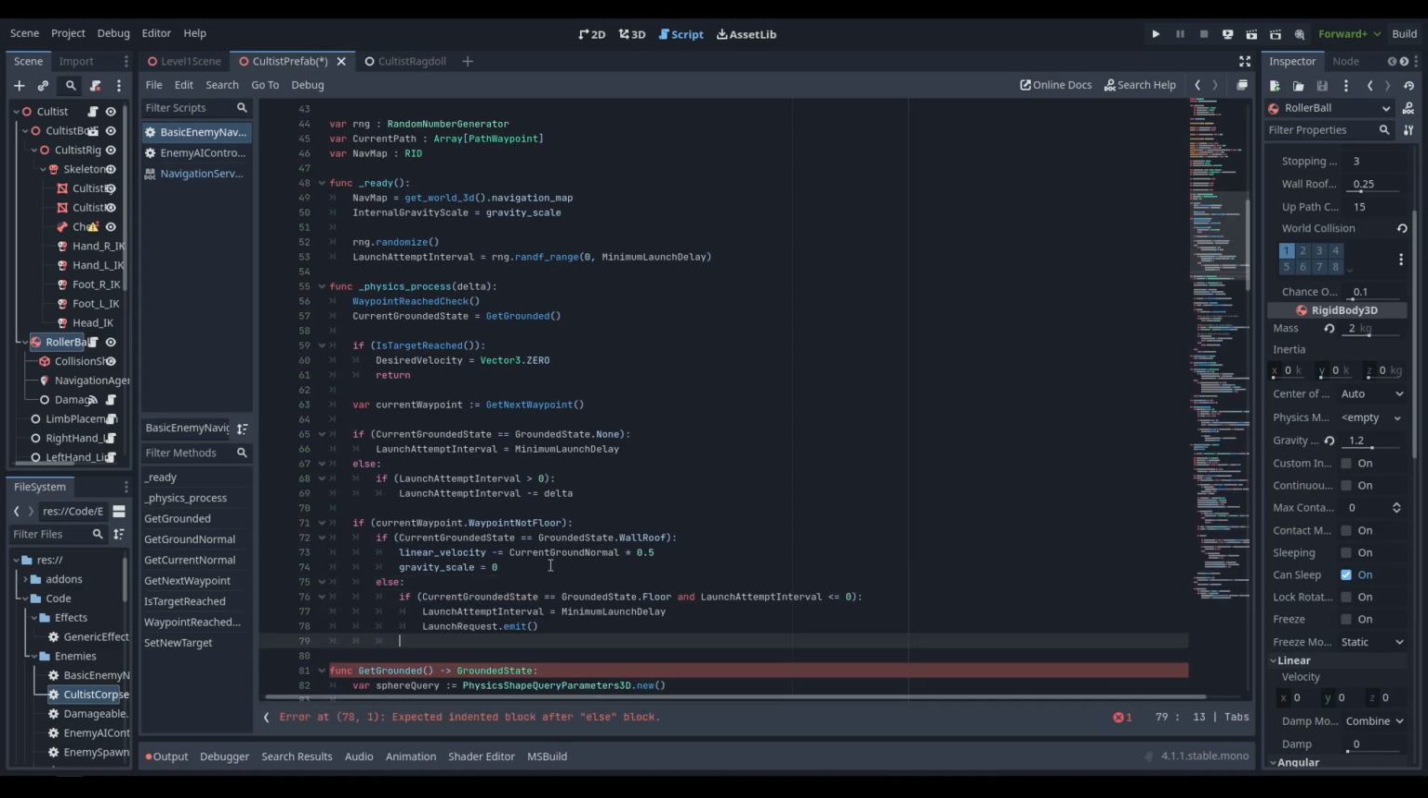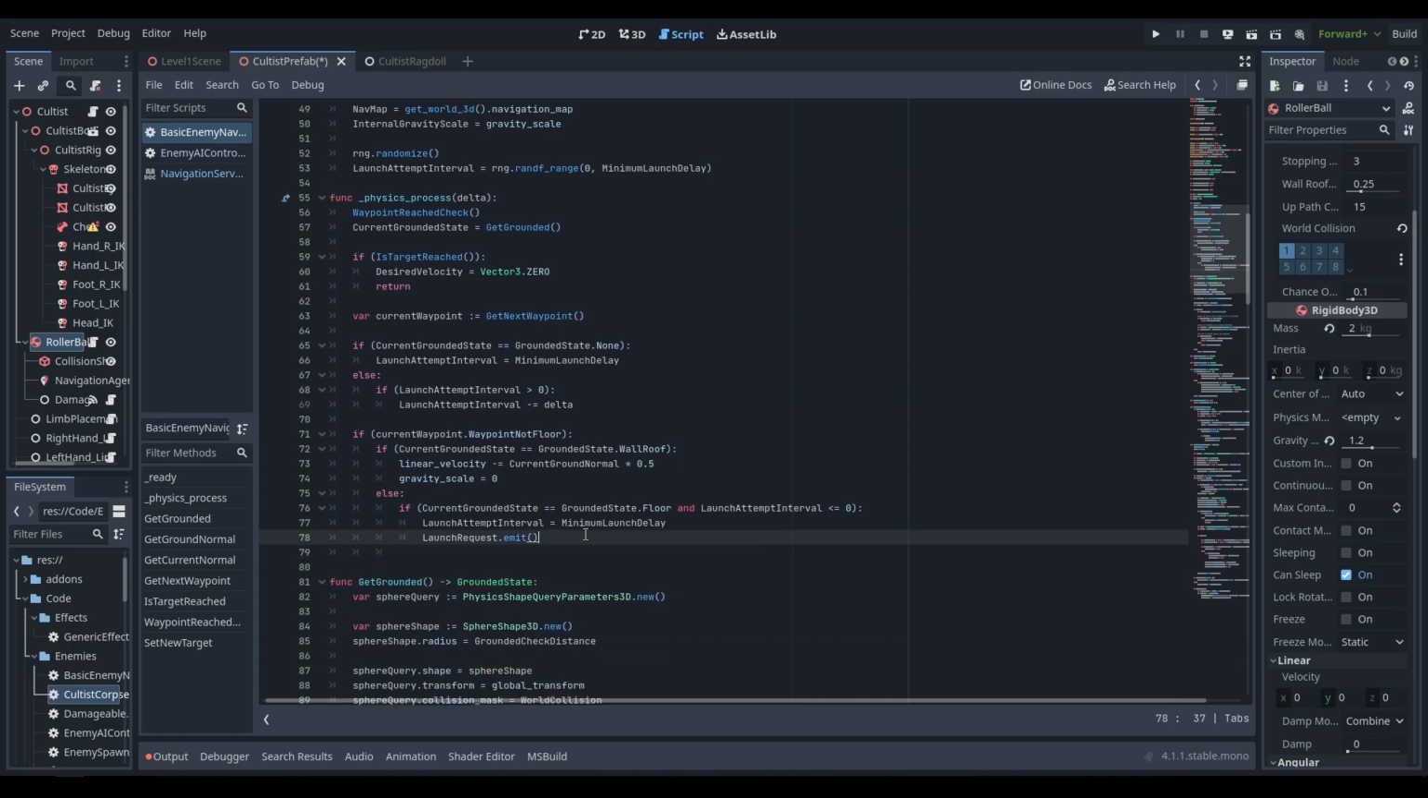Now if this is not the case, that means we are not currently on the wall or the roof. We need to go ahead and try and get on the wall or roof because our waypoint is telling us that we need to be on the wall or roof. So we go ahead and check to see if our current grounded state equals floor and the launch attempt interval is less than or equal to 0. That means we're on the floor and we've been there a little while. We can go ahead and set our launch attempt interval back to the minimum launch delay